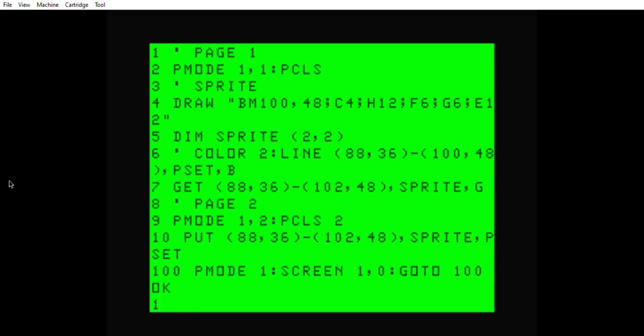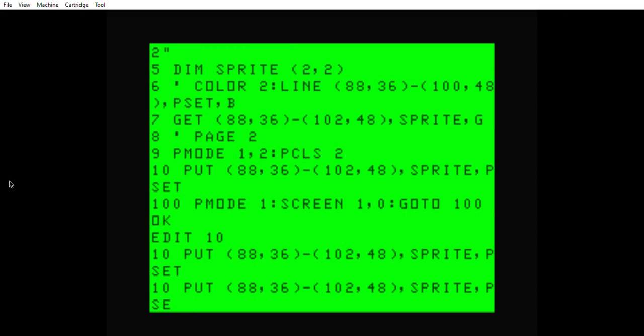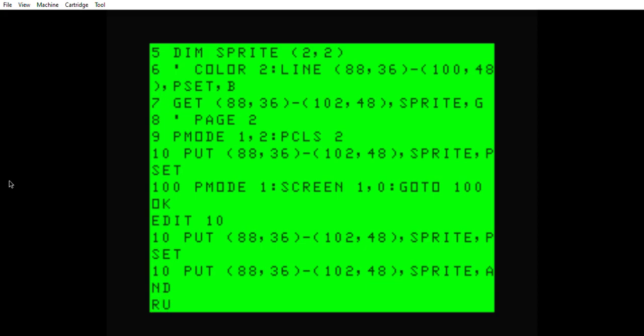So what we're going to have to do first is edit line 10. And instead of pset, I'm told to use AND. We're going to run this and see what happens. Now, when I use AND, it translates our sprite, but it translates it to the background color. You see that? Instead of being a red X,